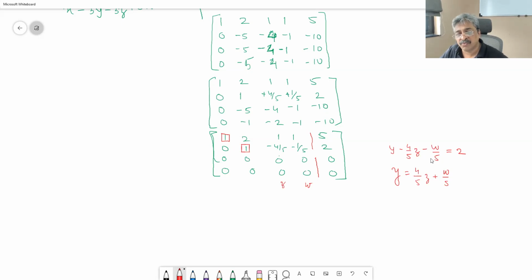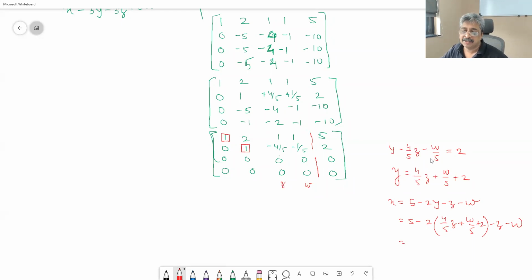4/5z plus w/5 plus 2. Okay, and your x will be equal to 5 minus 2y minus z minus w, out of which you can put y there. 5 minus 2 inside bracket 4/5z plus w/5 plus 2 minus z minus w, and therefore you can express x also